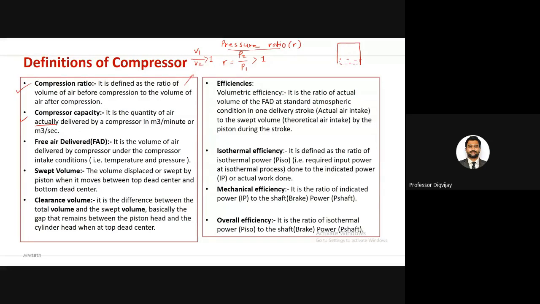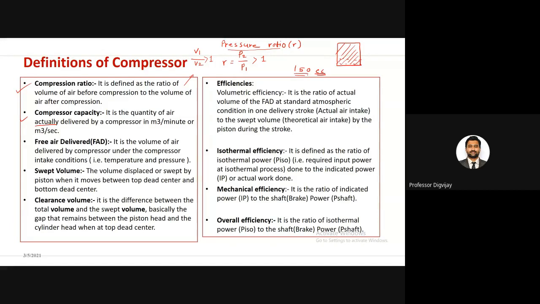And the capacity of any engine or compressor we tell by the volume of the cylinder. So this is the cylinder, and whatever volume is inside this cylinder, that we specify as a capacity. Suppose I am talking about a 150cc engine, like the 150cc Pulsar. This cc is nothing but cubic centimeter, that is the volume of that cylinder. If I'm talking about the volume of this cylinder, that is nothing but 150cc.